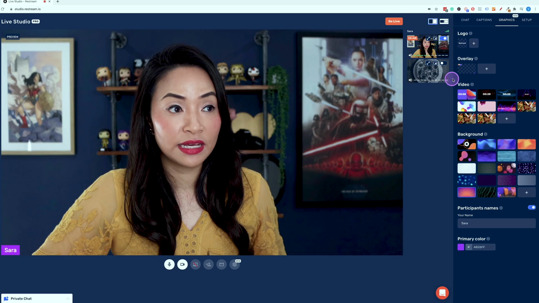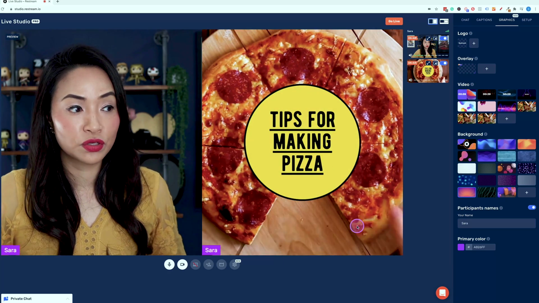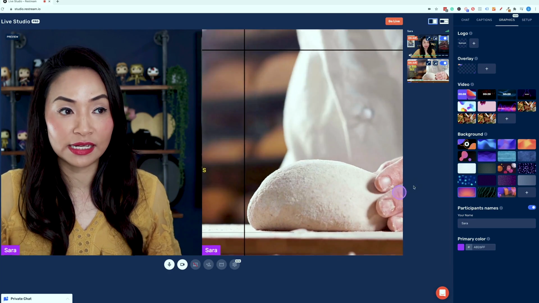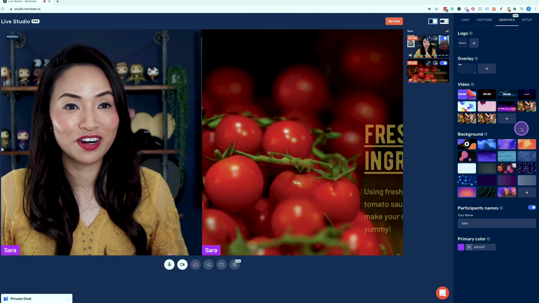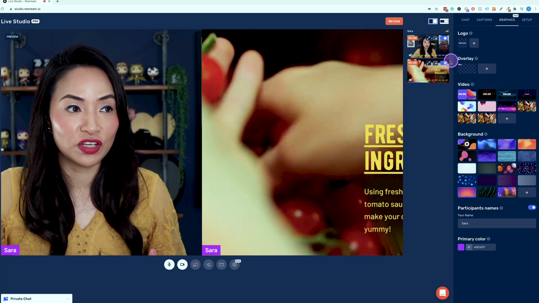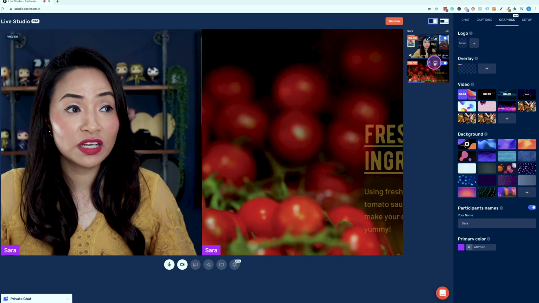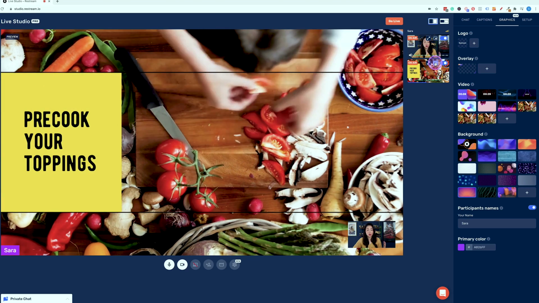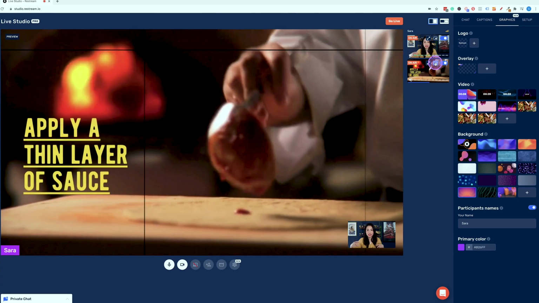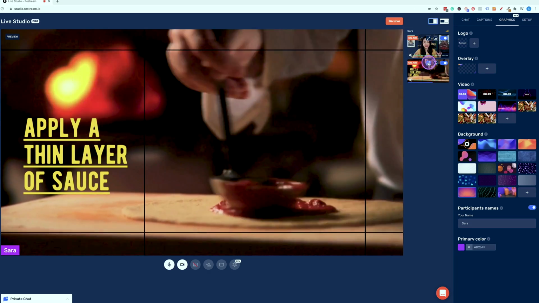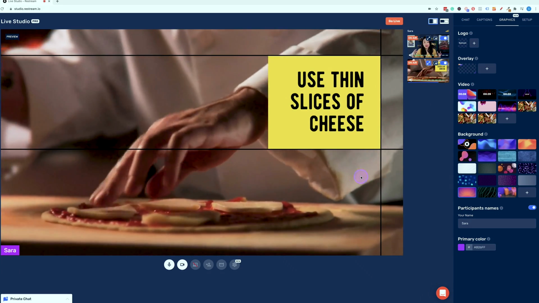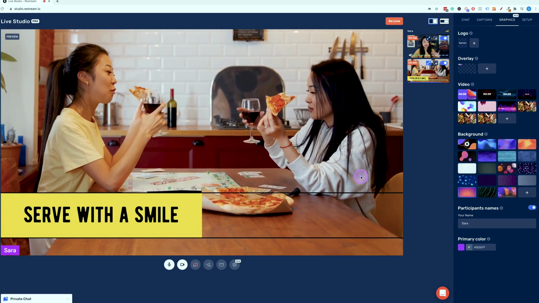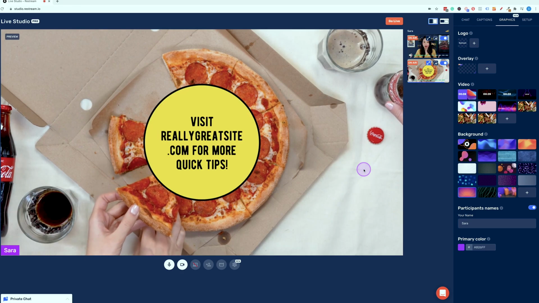As you can see, it's appeared on the right hand side here. Once I select this toggle icon, it will add it to the stream and start playing the video immediately. So I don't have to wait for it to upload. I can play it directly from my computer, and that's another way that you can add videos to the live stream. And just like the other videos, I can play around with the size, whether I want to make it larger and make myself picture in picture, or I want it just to be full screen as well. These settings here allow you to do that, and once the video finishes playing, it will simply stop and return back to your camera feed.